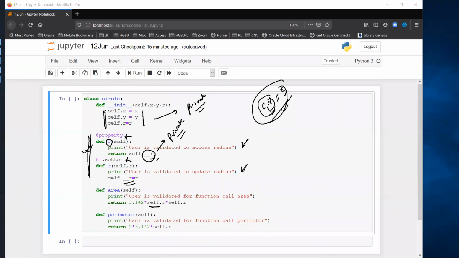So even if the user is saying c1.r to access the parameter, it will go into this function, do further validation, authorization, and then finally return the value. If the user is trying to update or set the parameter value, still it will go into the setter function, do the authentication and then update the value. That is what it is doing. So forget about the first two approaches if you have not understood them thoroughly yet. Use this, refer to the previous code and just play with that code. You will be able to figure out why we are doing this.